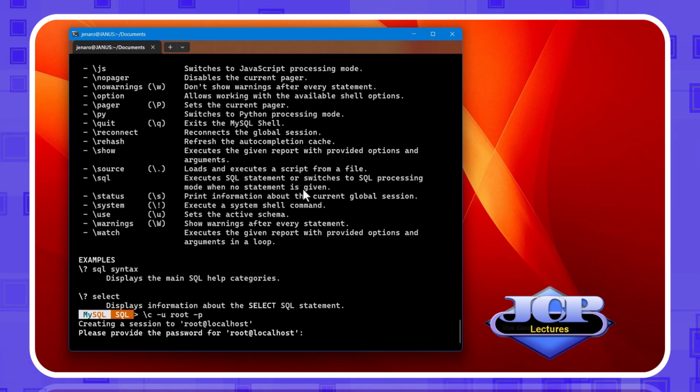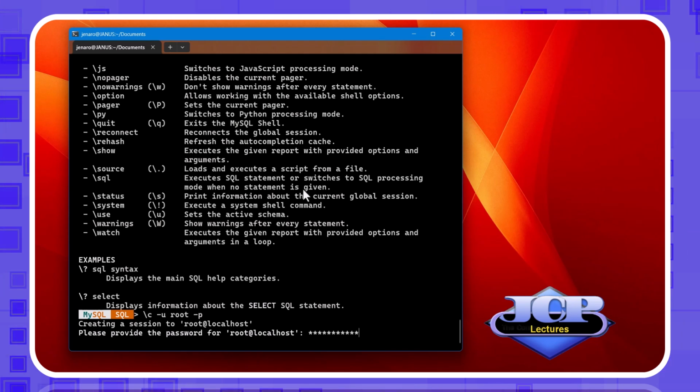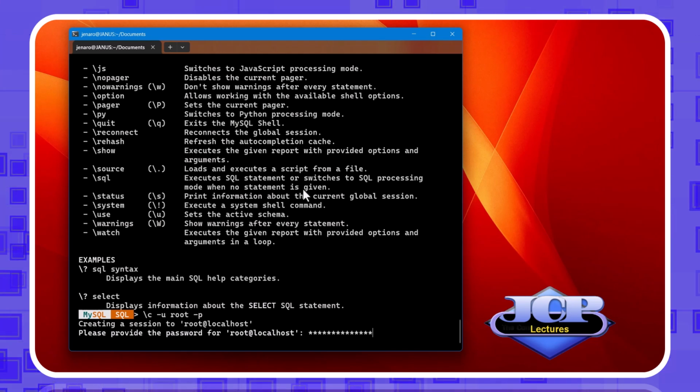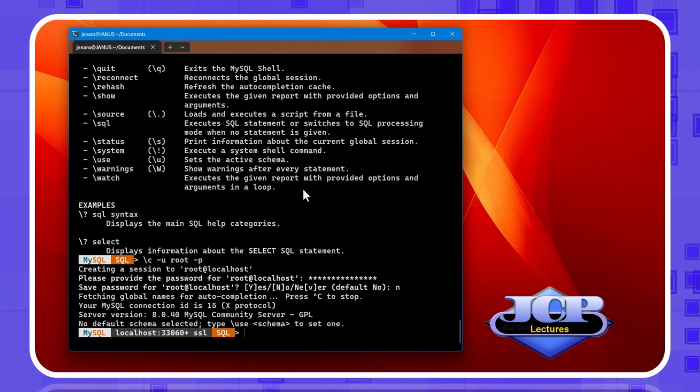Please provide the password. From the dialog, we notice that the connection is using Protocol X through port 33060.